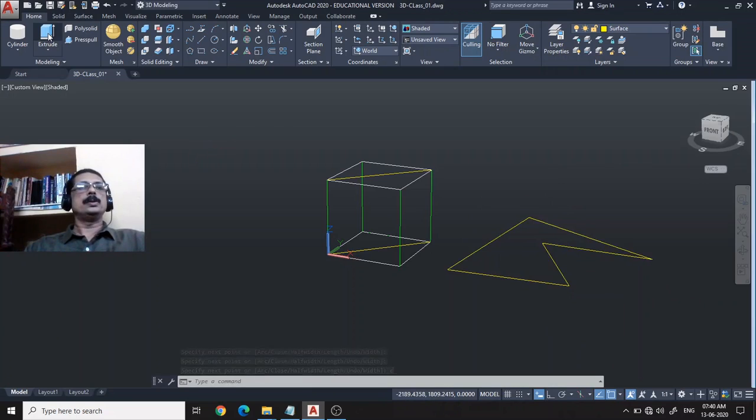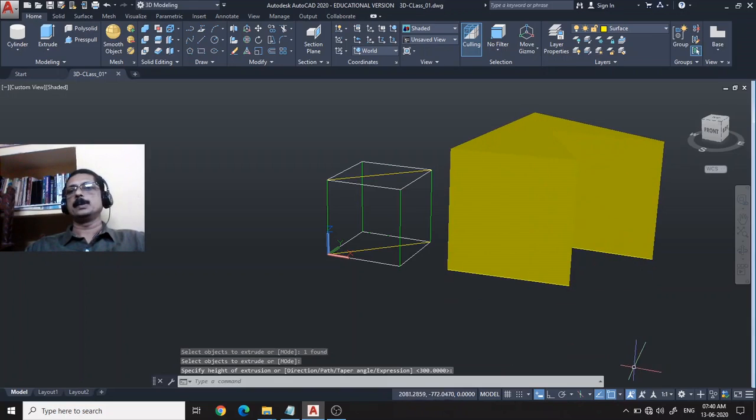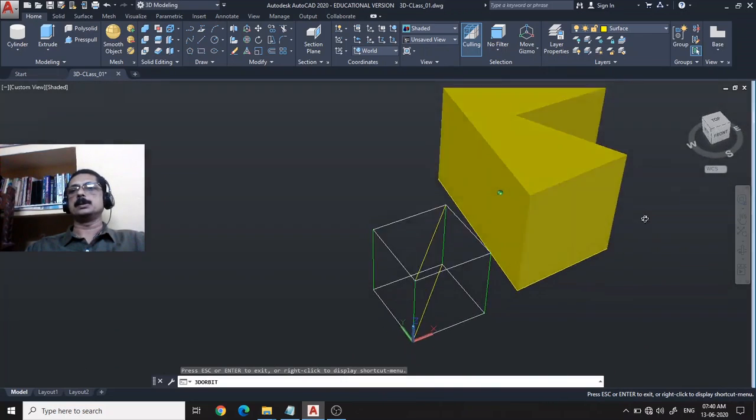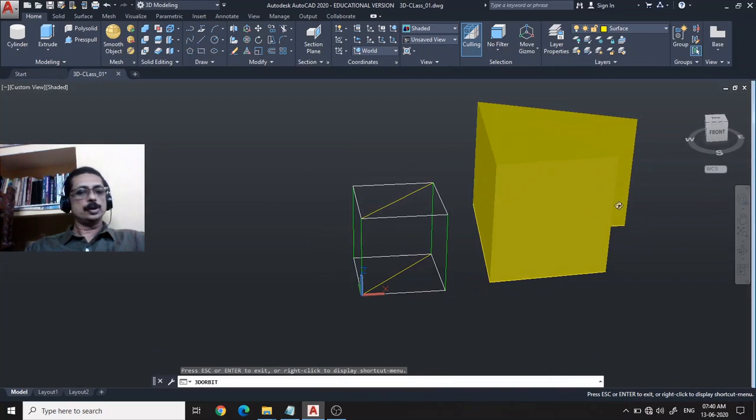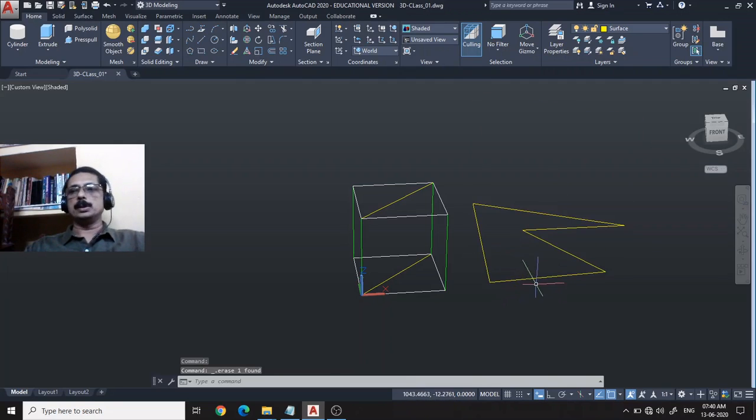So now we'll use this extrude command. Select this object. See, now we have an object which has been extruded. So extrusion is very simple. You need to create